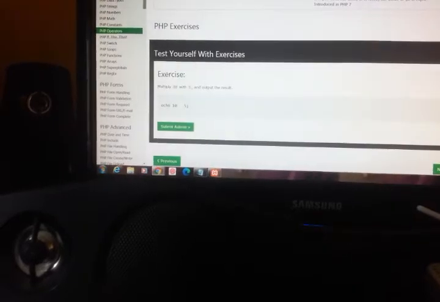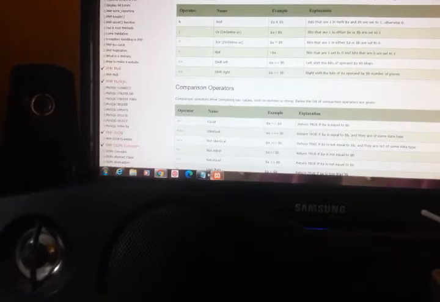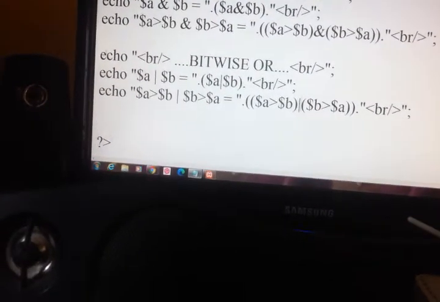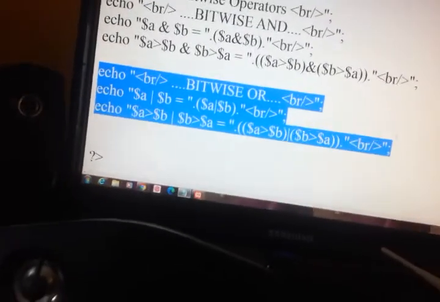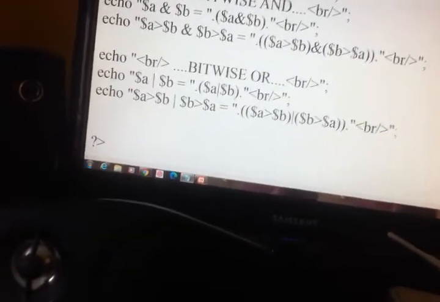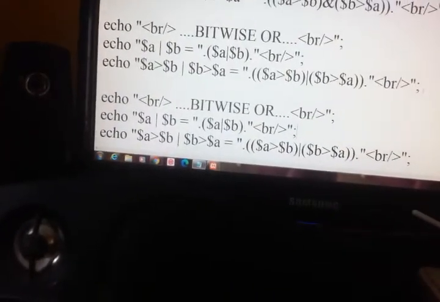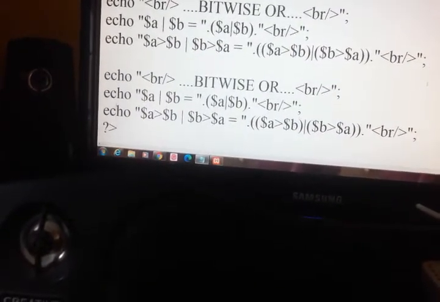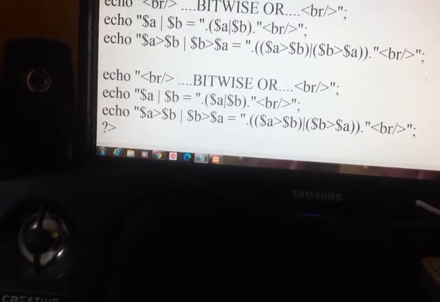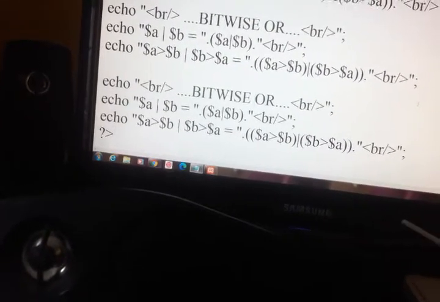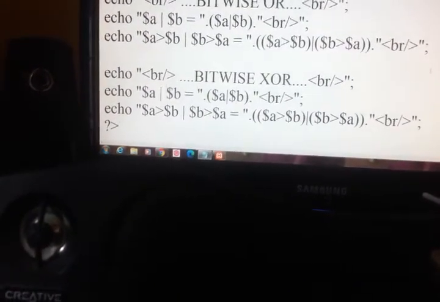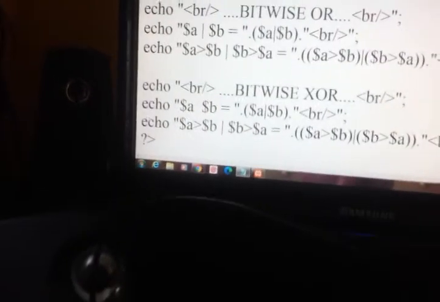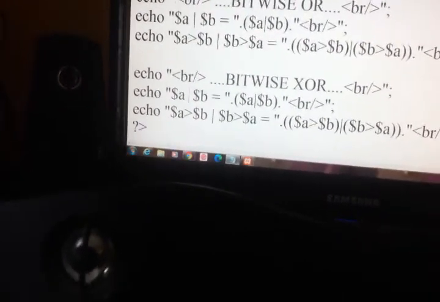Then the remaining is exclusive OR. Just copy paste. For exclusive OR, the symbol is the cap symbol, which is nothing but shift 6.